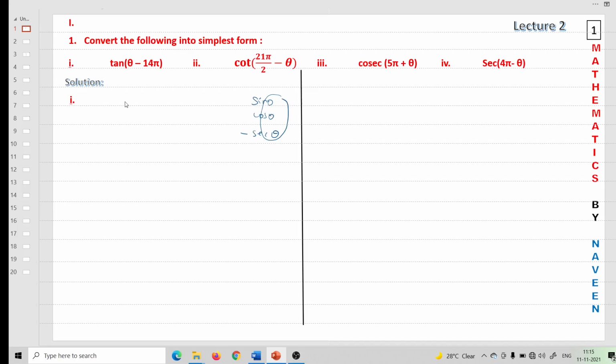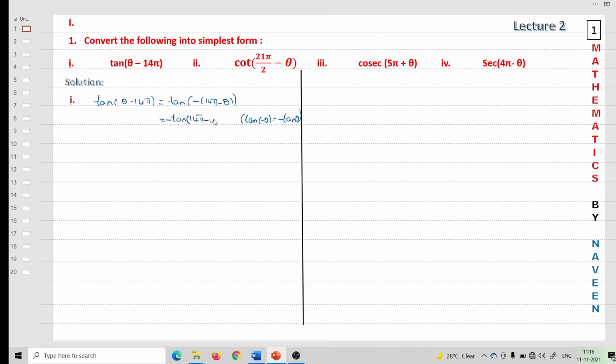So for that, first problem I am taking tan of theta minus 14 pi. We have to write it as 14 pi minus theta. So for that, minus will be common, that is tan of minus common. I am writing it as 14 pi minus theta. We know the formula: tan of minus theta is what? Minus tan theta, right? Tan of minus theta is minus tan theta. So consider this total as theta, I am writing minus tan of